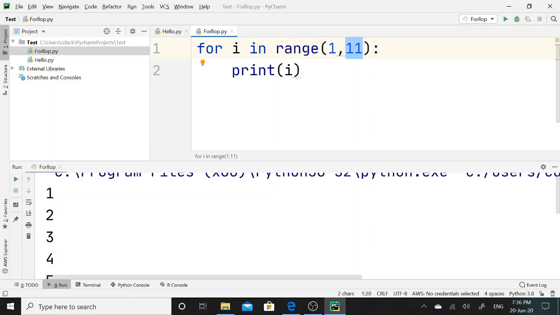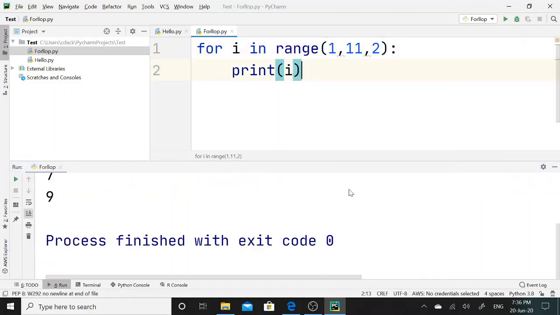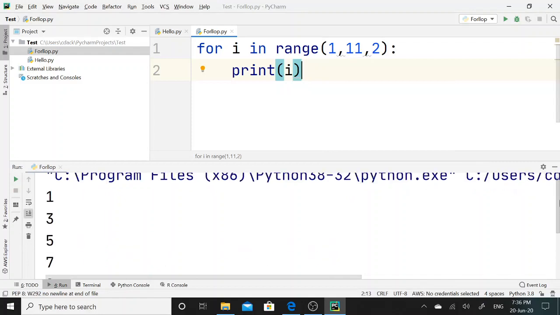If I pass the third parameter, that is step, and instead of 1 I pass 2, now I will right click on this file, and now we can assess the output.